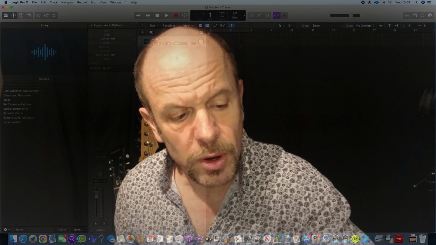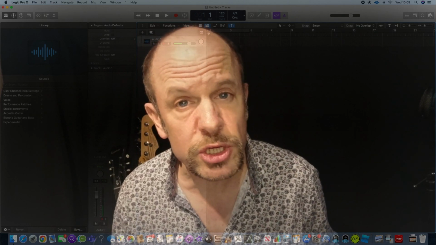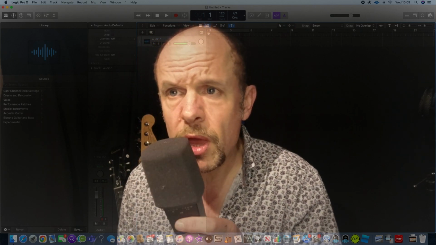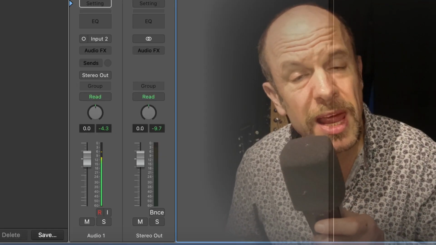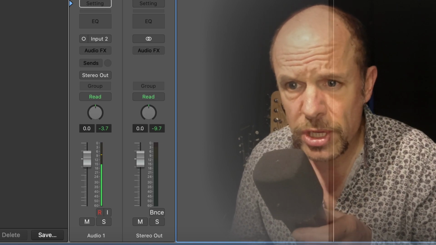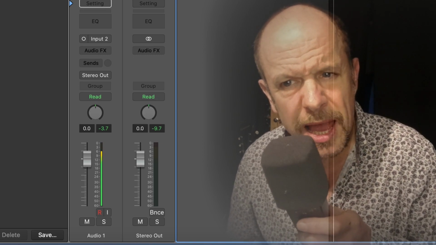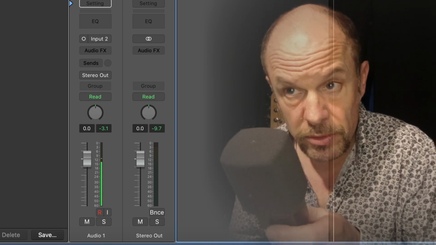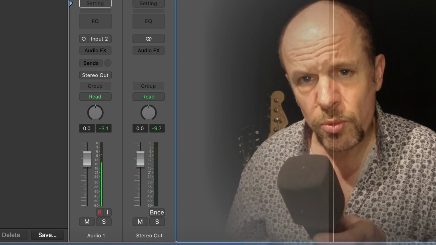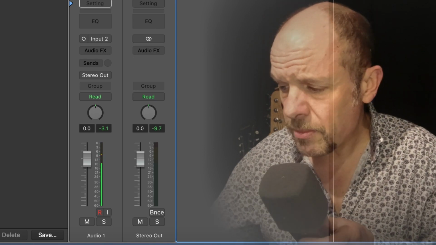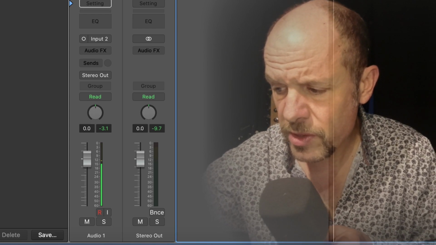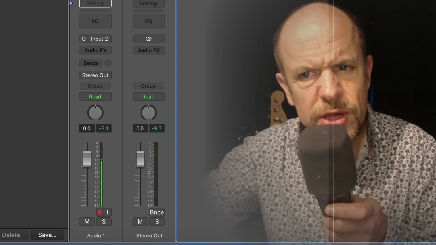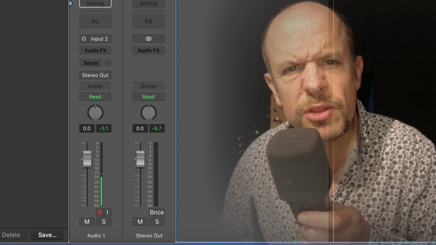And there we go. Now, I've got another microphone here. You're listening to a narration mic with a separate recorder, but I've got this AKG C414, very nice microphone, 1, 2, 1, 2, and I'm speaking into it. And as you can see, there is a level coming into Logic. Now, it's reasonably loud. I'm using pretty much all of the level of this microphone using the level capabilities of Logic. So what I need to do is to turn down the input slightly on the audio interface so that I get a level that's a bit more like so. You can see that it's kind of dancing up and down, but it's not going too far into the red,